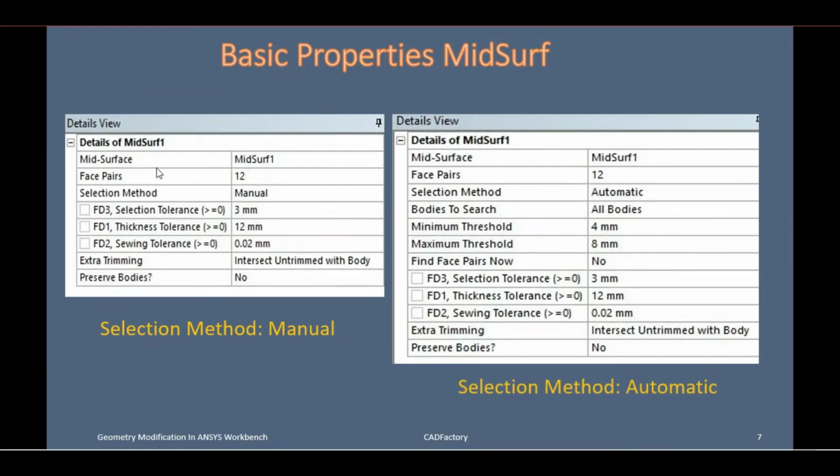The first details view is for selection method manual, and when your selection method is automatic, you will find different basic properties or local controls in DesignModeler. For selection method manual, you will find properties like selection tolerance, thickness tolerance, swing tolerance, then extra trimming and preserve bodies. And when you have selection method automatic, then